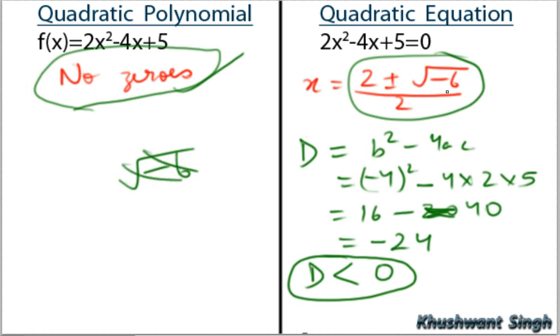So here we say no real roots, or you can also write two non-real roots. So I'm writing non-real roots, and here no zeros. Hence we can conclude that,